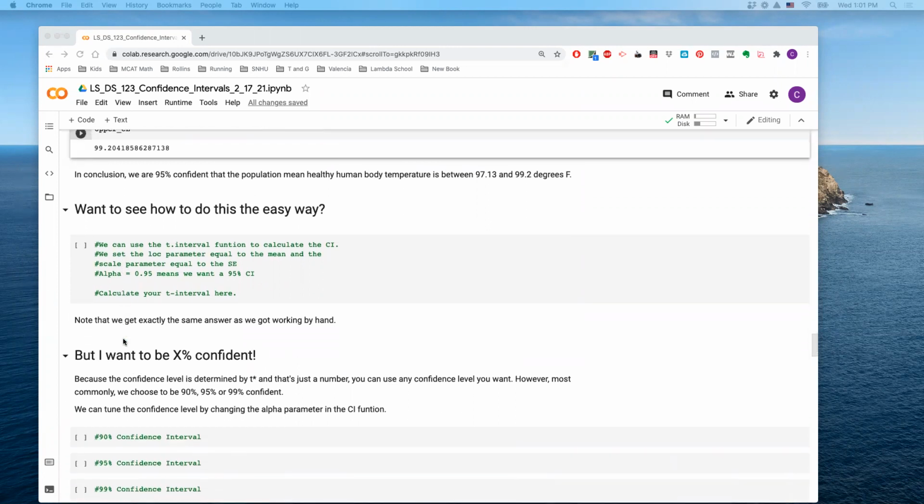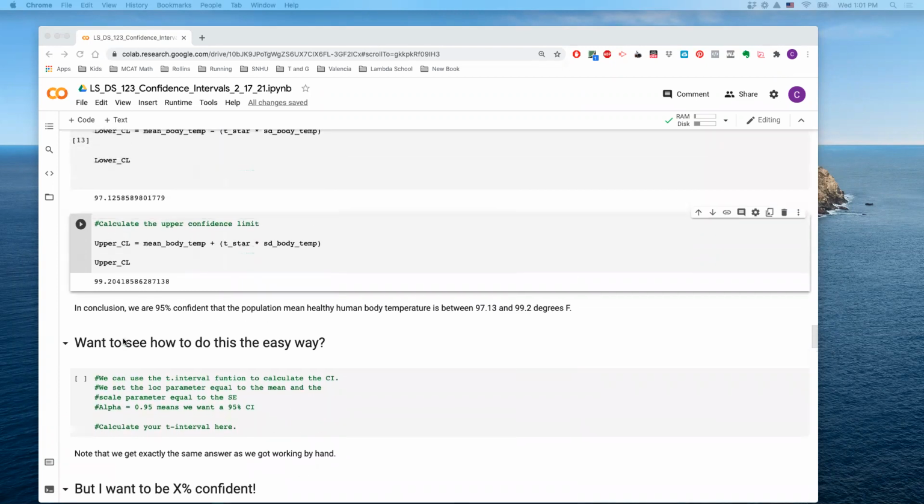Might it be a good idea to say in conclusion, based on the data, because we probably didn't go out and collect it, we're just analyzing it? I mean, maybe like a liability disclaimer. Well, sure. Yeah. Based on the sample that we collected, this is what our estimate is.